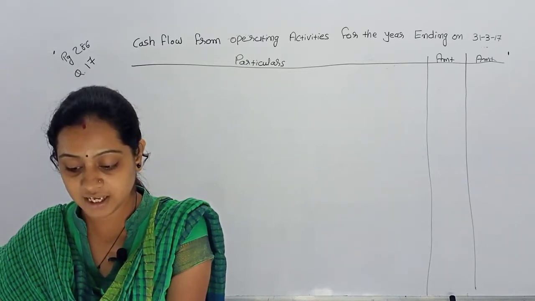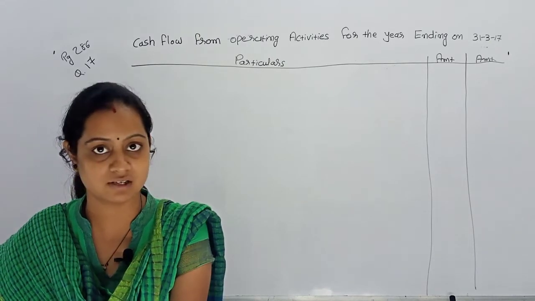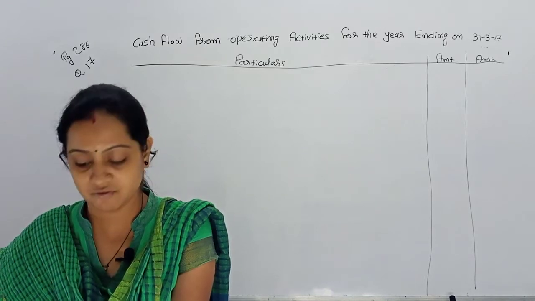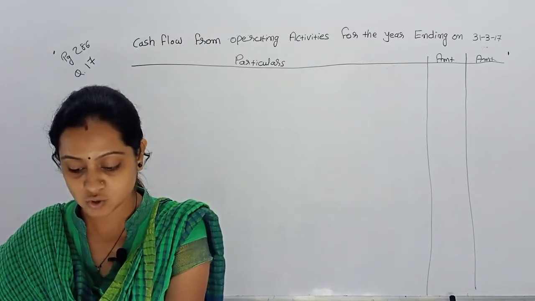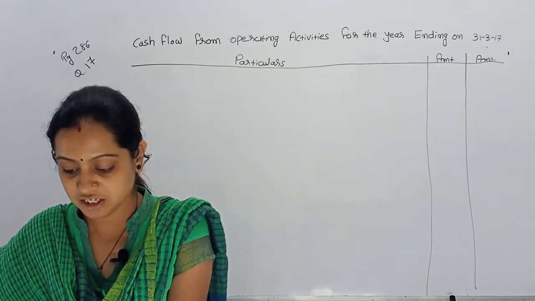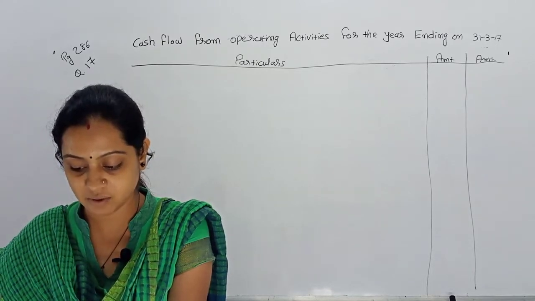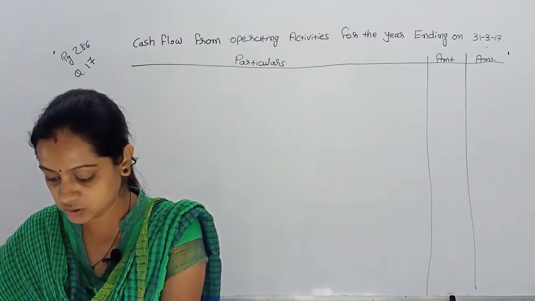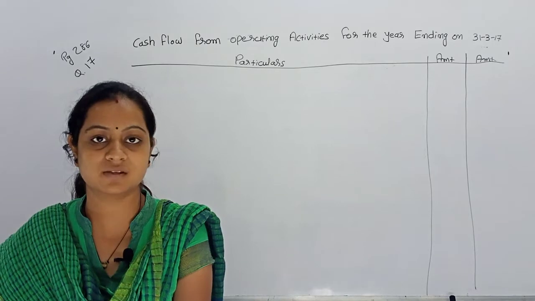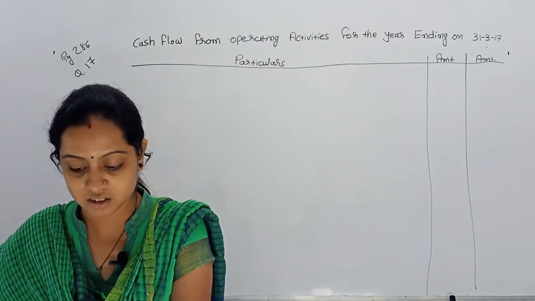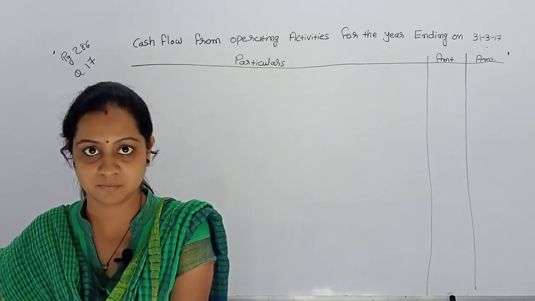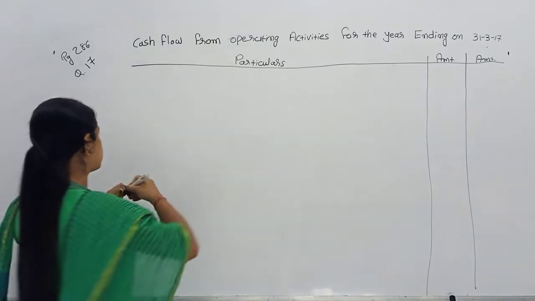Then in the extra information they have given profit on sale of assets, that is our non-operating income. Then loss on sale of furniture is a loss, right? So that we have to add. Then income of rent, that is our income. Interest paid on debenture is a financial expense, that's why we have to add. And dividend payment is also an expense, right? So here only two incomes are there and the others are non-cash expenses or provisions or financial expenses, right? So first of all we'll write